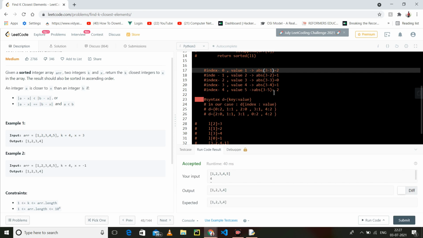If I sort them in ascending order, from smallest to bigger, the smallest absolute difference is the closest to x. That's why we have sorted, and we get our absolute differences in a sorted manner.